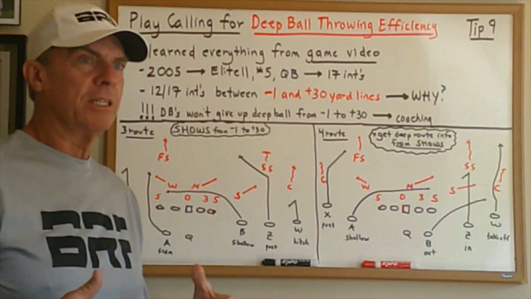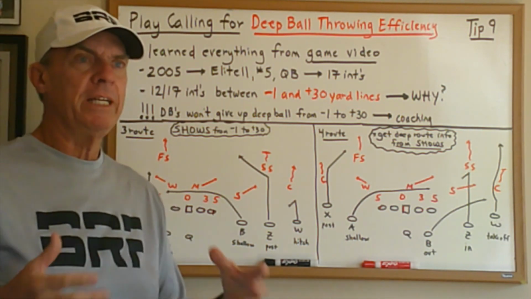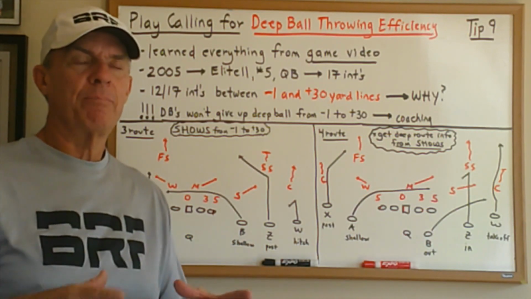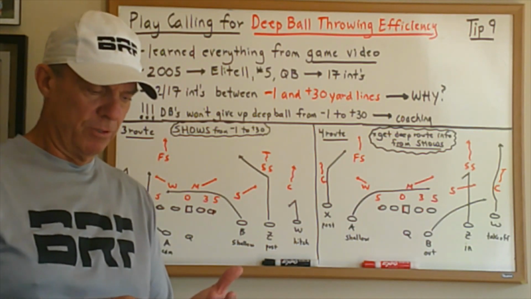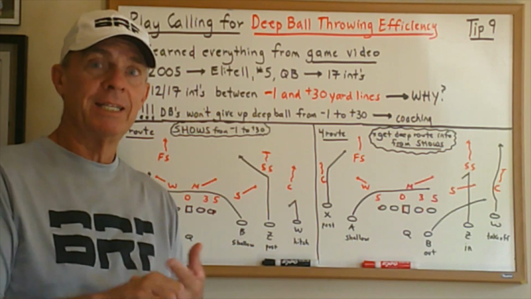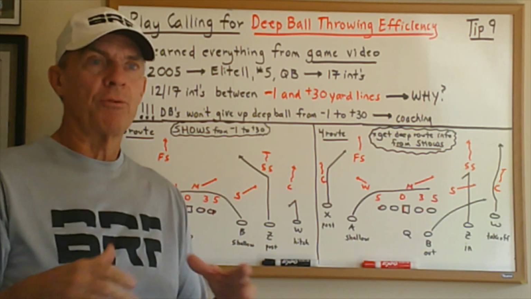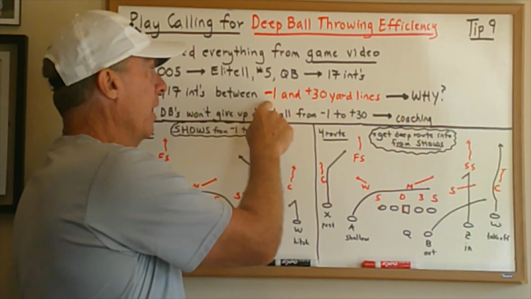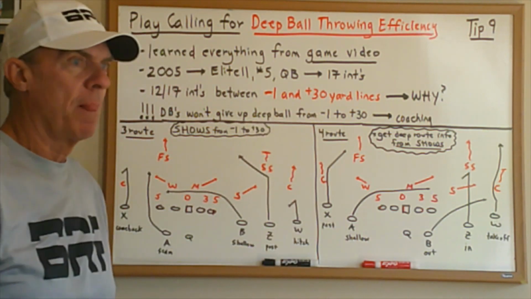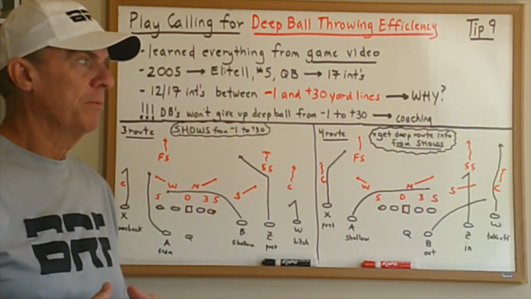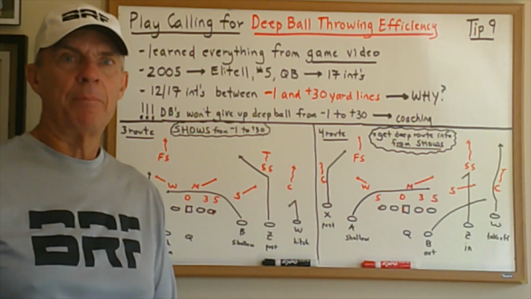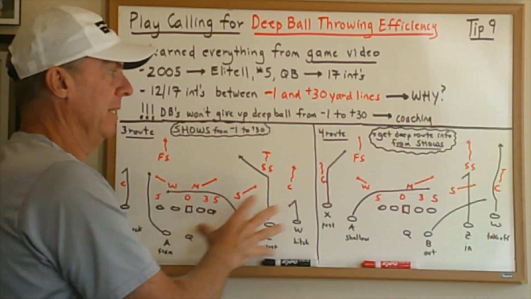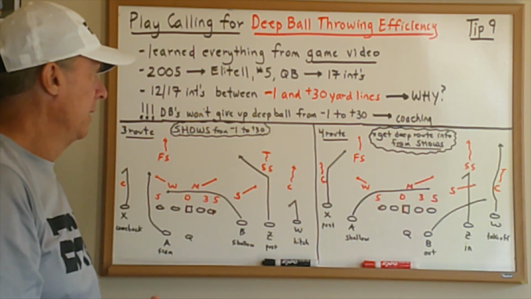And what I did is flip that, and I said, I'm going to read short throws to deep throws. And I'm going to design plays that have short routes, intermediate routes, and deep ball routes. And I'm going to throw as many short routes as I can in this minus yard area to this plus 30-yard area, because I know that the defense is being coached not to give up a deep ball touchdown. So here are 2 examples of plays that I've run